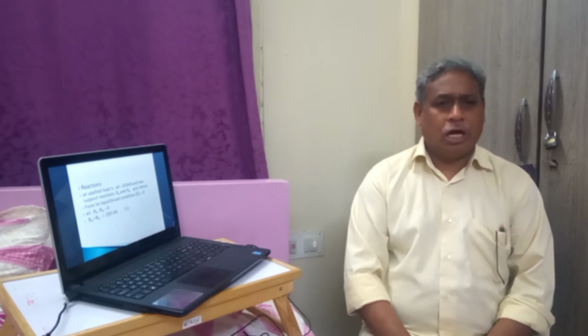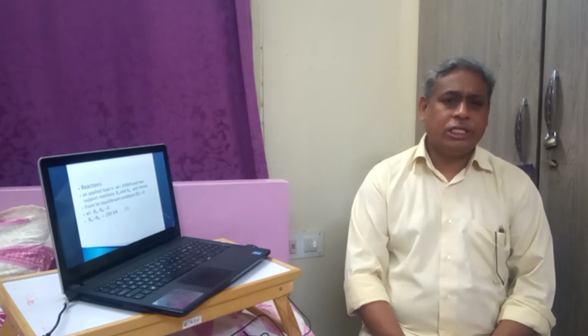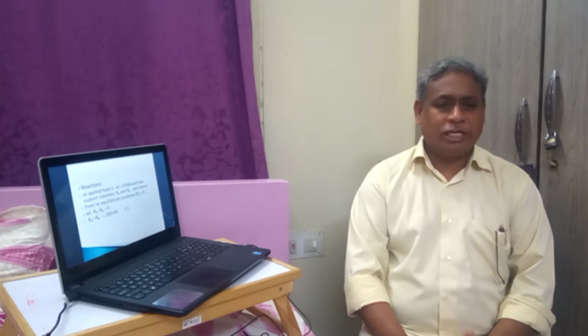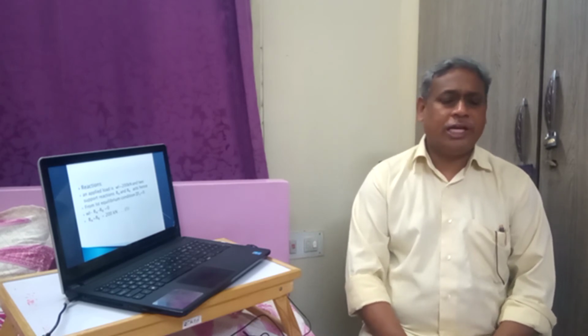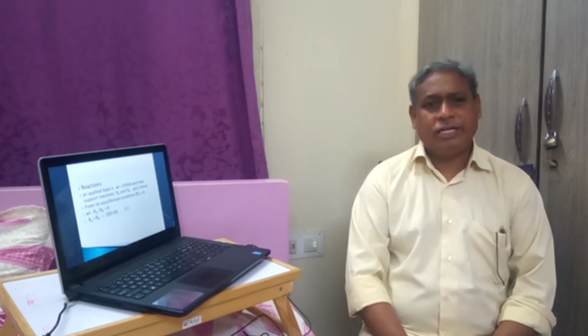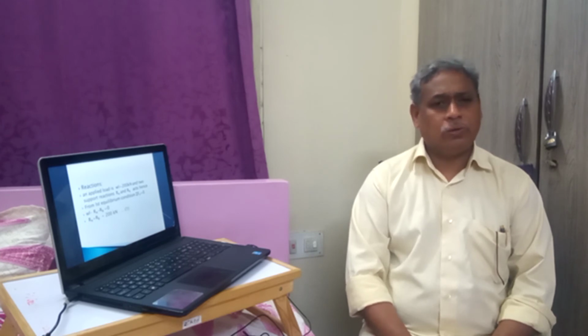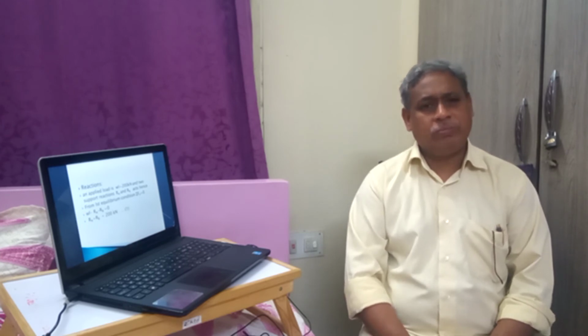Here also we can sense that the entire load should be borne by the two supports. That is, RA and RB should be sharing the entire load, whatever may be the load, whether it is a partial load or full load, whatever intensity, whatever length. That is why when we take sigma FY equal to 0, RA plus RB should be equal to the entire applied load. In this case, it is WL.